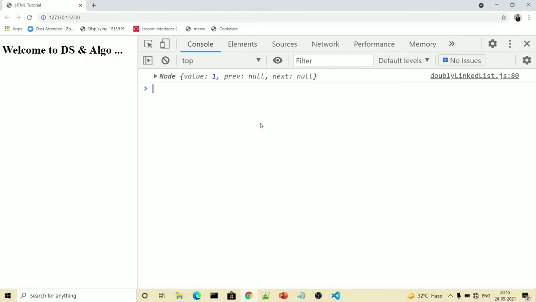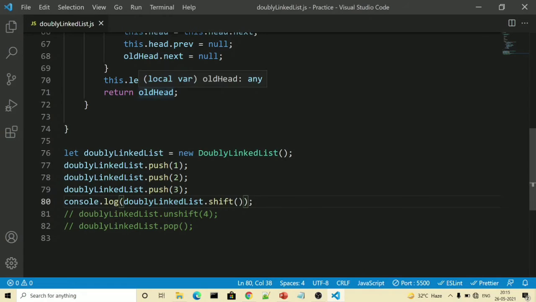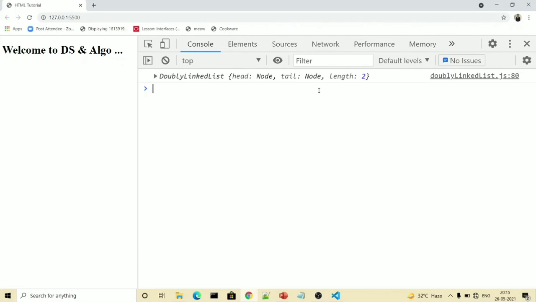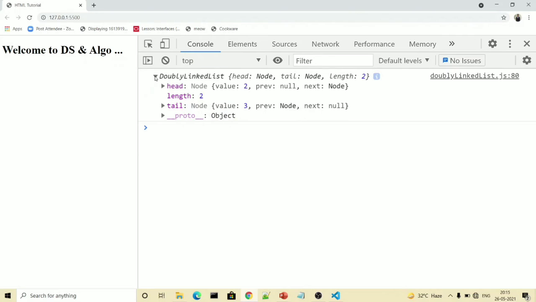Here we are able to see value 1 is removed as we are returning removed node. Suppose if I am returning this, then what's happening? Here we are getting length is equal to 2. That means our doubly linked list item is removed. And here our head is 2, not 1. That means our head with value 1 is removed.